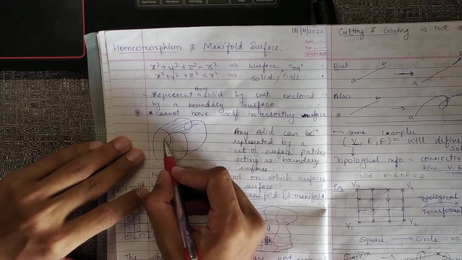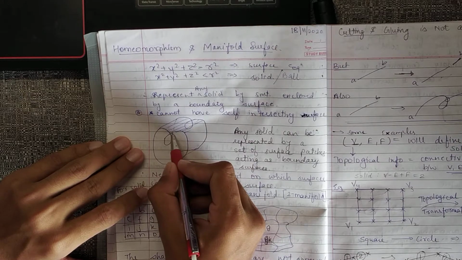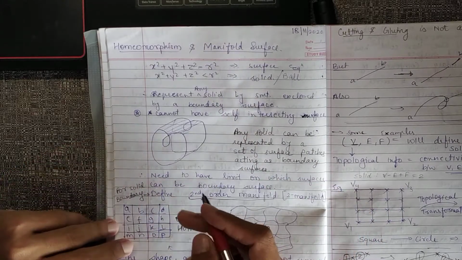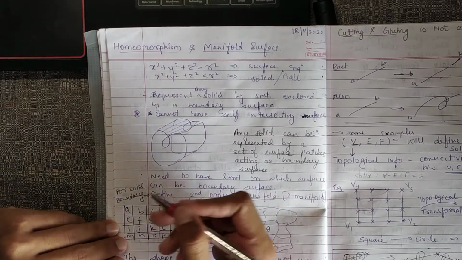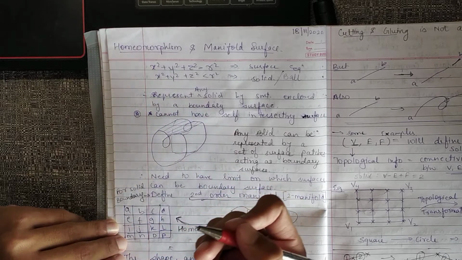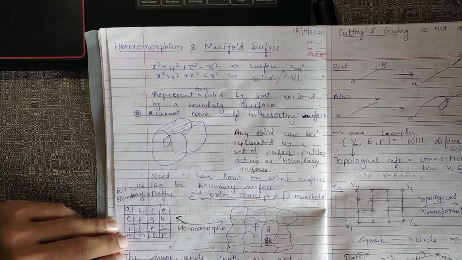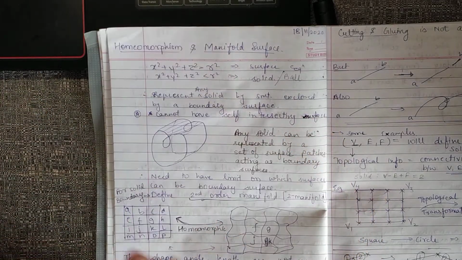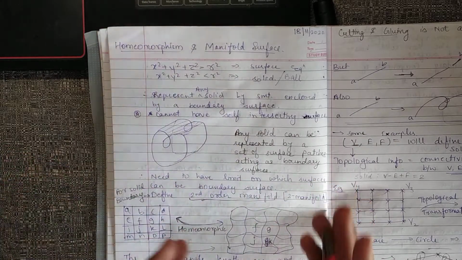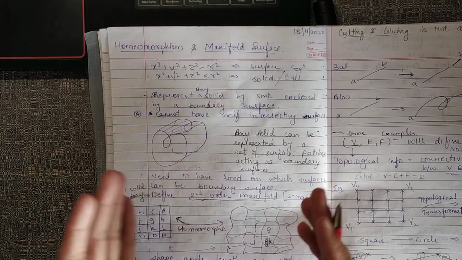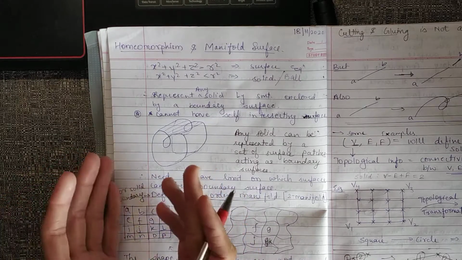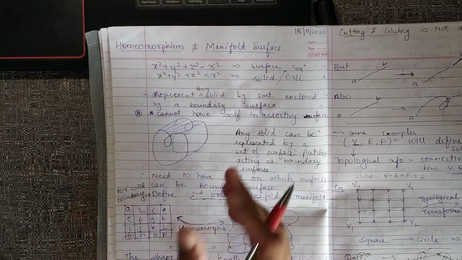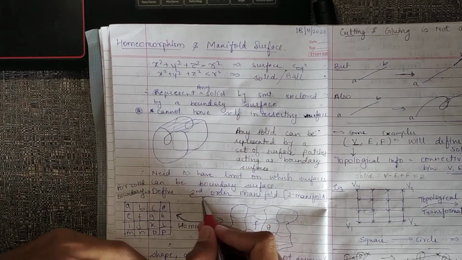If we have a surface which has a self-intersecting point somewhere, then it cannot define a valid solid. Or if we have a non-orientable surface like Klein's bottle or Mobius strip, then we cannot make a solid out of it. So a Mobius strip cannot be a boundary surface of a solid. So excluding those non-usable surfaces, the set which can represent a valid solid surface is called manifold surfaces, or technically a second order manifold.